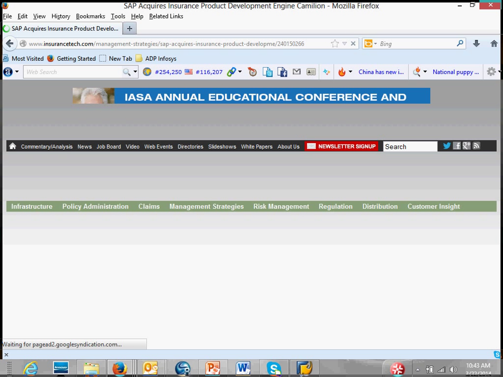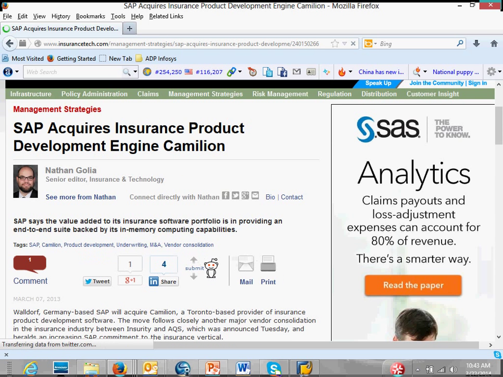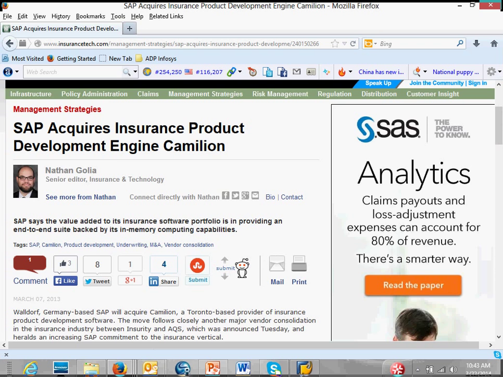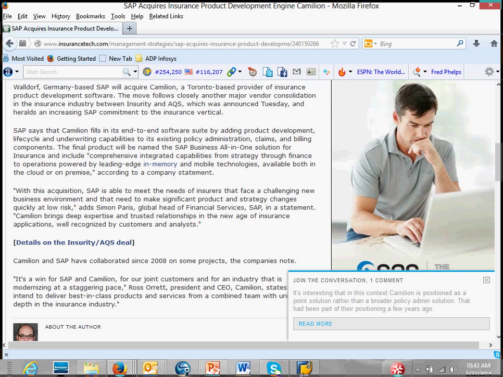So the idea is there are different companies, right? This is called Chameleon, right? It's an industry solution for insurance. It's a Toronto-based software development company, Chameleon, which SAP bought, and it's primarily for the insurance sector. Okay,